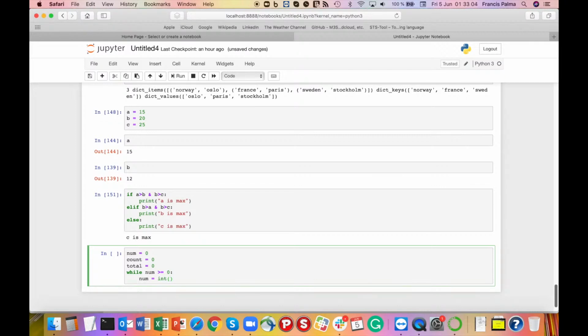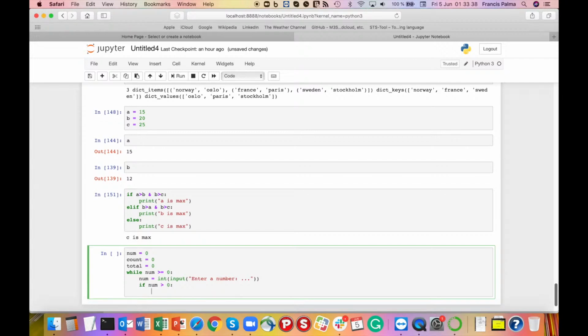So to get the value from the user, we can use this function called input, and let's say we can ask the user to enter a number, this message, and user will enter a number, and if this number is greater than 0, then